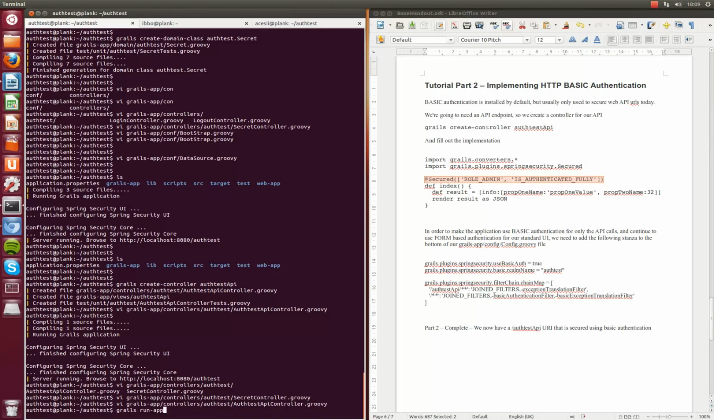But what we need to do is we need this URL to be authenticated using basic authentication, because it's going to be our API endpoint. We don't want a form to be popped up. We want to use the built-in HTTP mechanism for sending an authentication challenge back to the client. So what we'll do is,